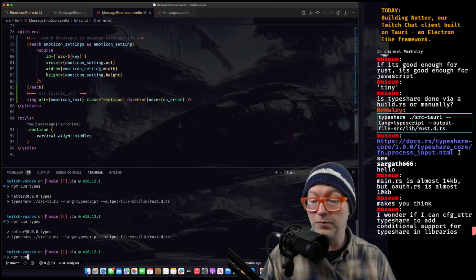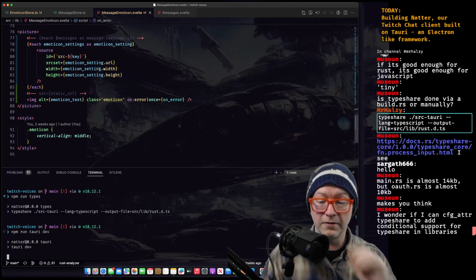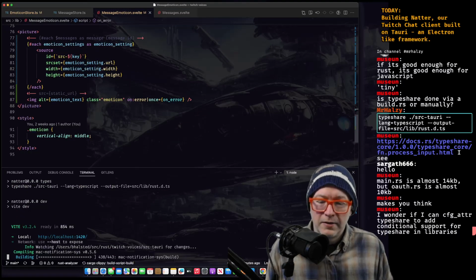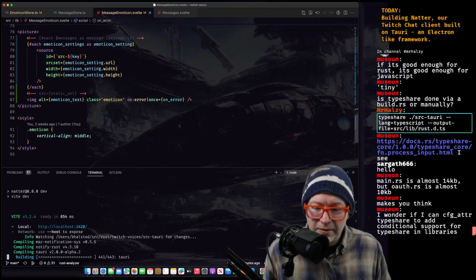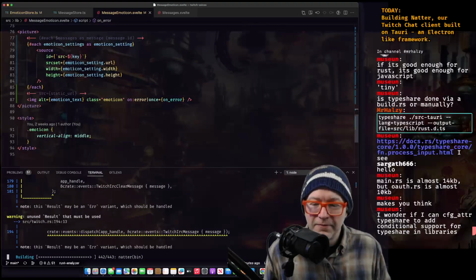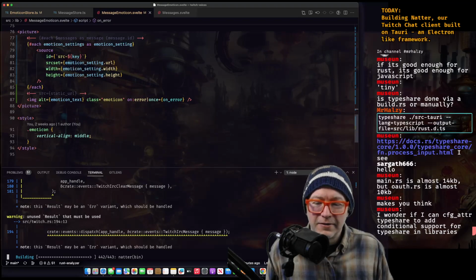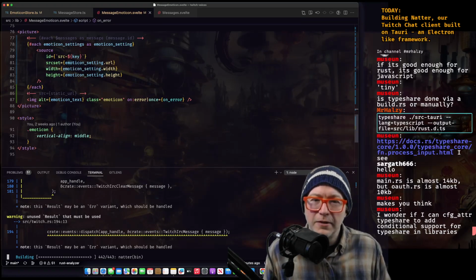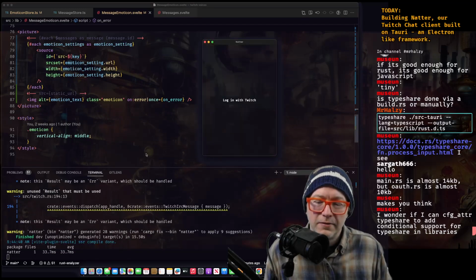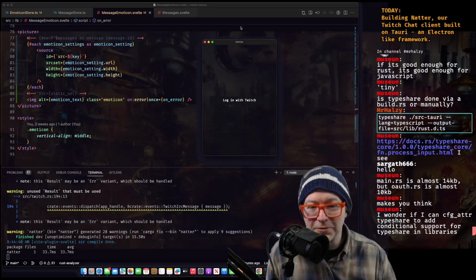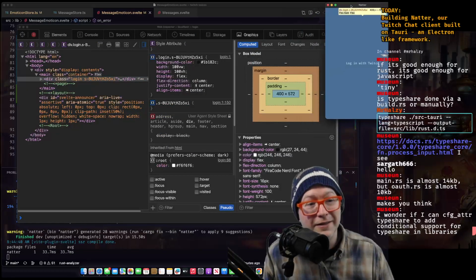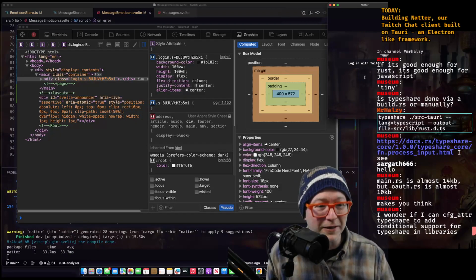Let's see. npm run tauri dev. This has been many streams. We've been waiting for this moment. This moment, a majestic moment. Anticipation. We got the music for it. Could be a little bit more dramatically instrumental, right? Okay, it's working. So that means the Rust is all good. It does not mean that the JavaScript is working right.